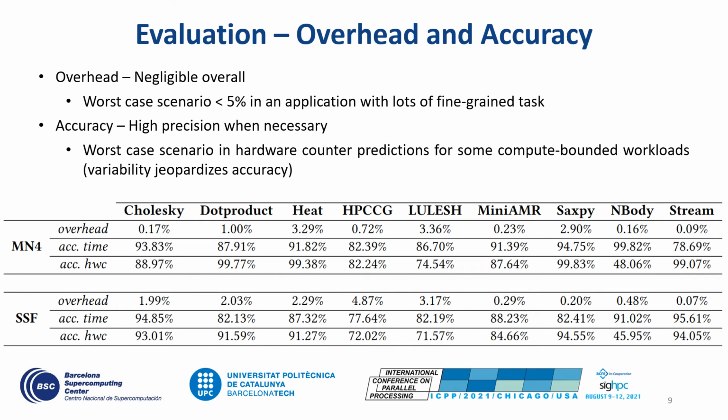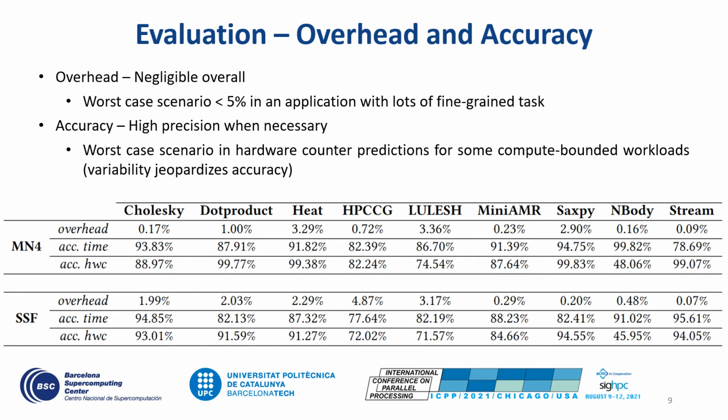Before moving into the performance and power consumption evaluation, we had to assess the overhead and accuracy of our infrastructure. So we executed 9 different applications in 2 different multi-core systems. And we recorded the overhead in execution time, the accuracy of time predictions, and the accuracy of hardware counter predictions. As we can see, for most cases, the overhead is negligible, and there's some cases, which is the worst case scenario, in which the overhead is still below 5%, which is the HPCCG scenario, in which a lot of fine-grained